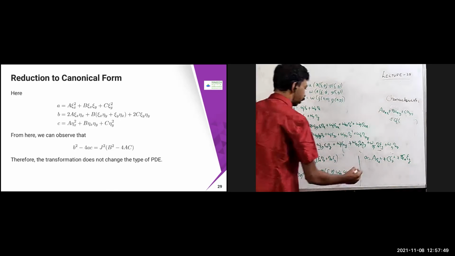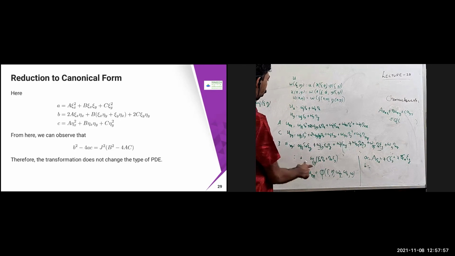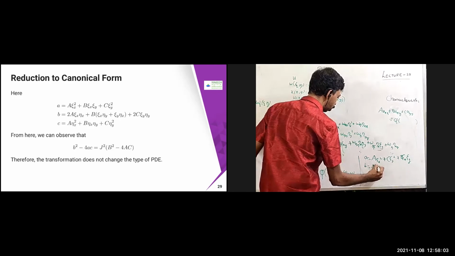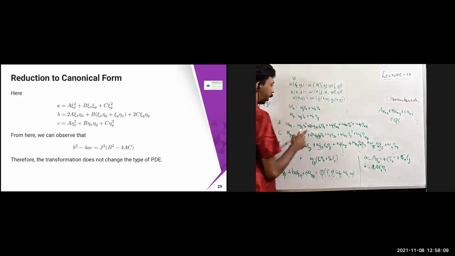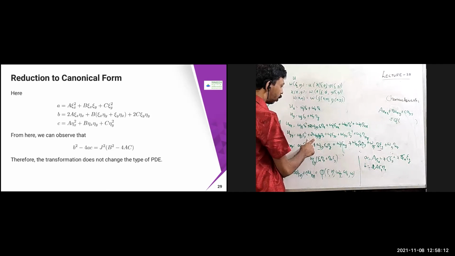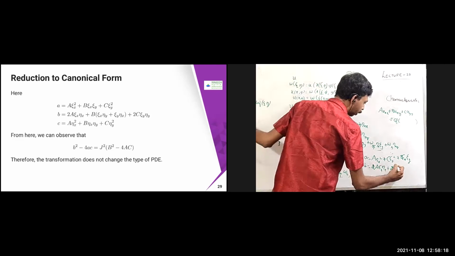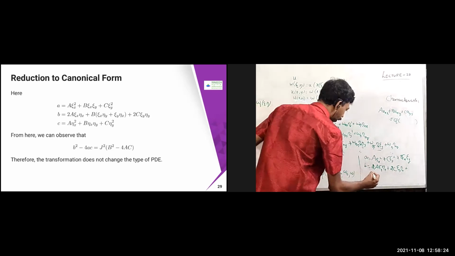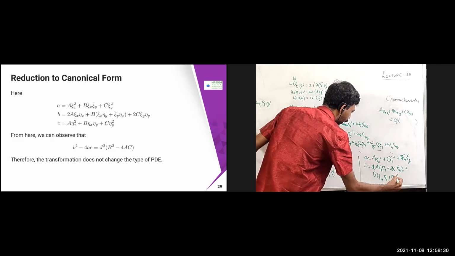Okay, b is nothing but all the xy coefficients you have to take. So b is nothing but the chi eta coefficient you have to take. So in w chi eta, here it is going to become a into 2a into eta x, sorry, chi x eta x. And here, 2 into c into eta y chi y eta y, plus, here in w chi eta, it is going to be b into chi x eta y plus eta x chi y.